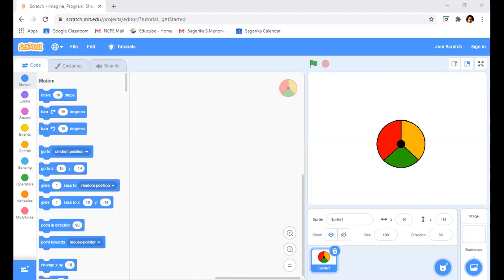Sir, after him, can I share? Sagarika, please share. How do I need to fill the colors? I didn't get you. After Sagarika, I'll come to you. Okay, it's good. Looks good. Sir, I just have to name it now. So now let me go to Rakshita. Sir, what should we name it? Spinner.